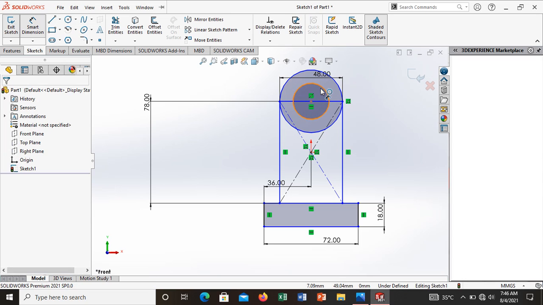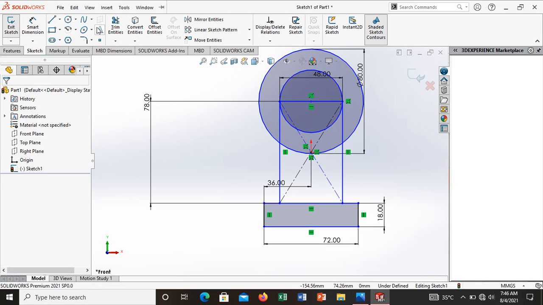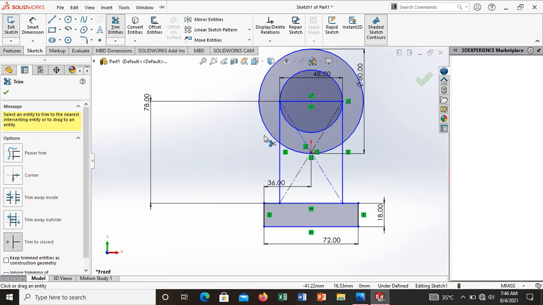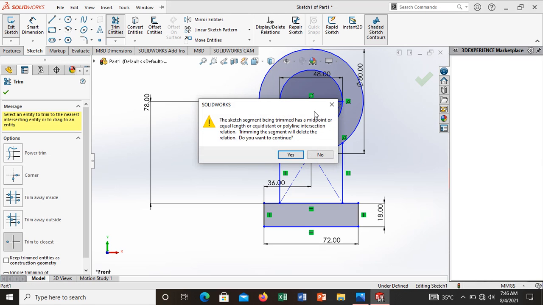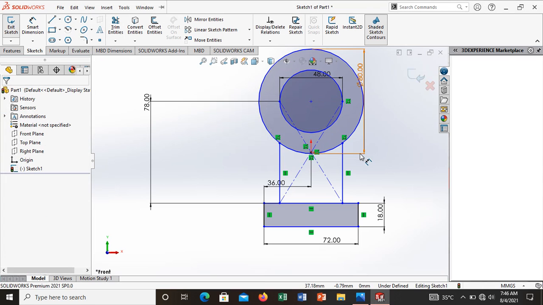It became a bigger one. Give the dimension of 80 diameter. Yeah. Now one line is to be trimmed. Which one? This line. Trim this line and trim this line. Now automatically it comes forward, and also erase this line. Okay, enough.